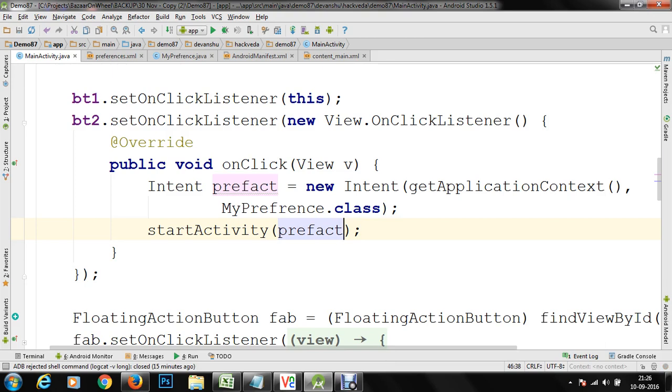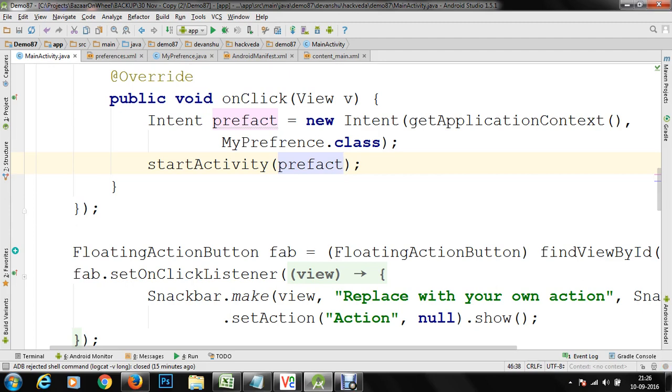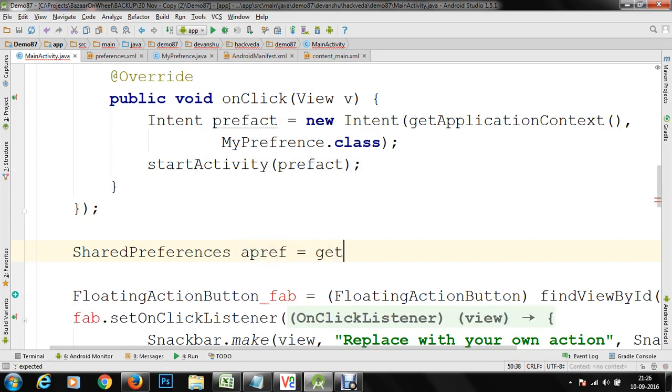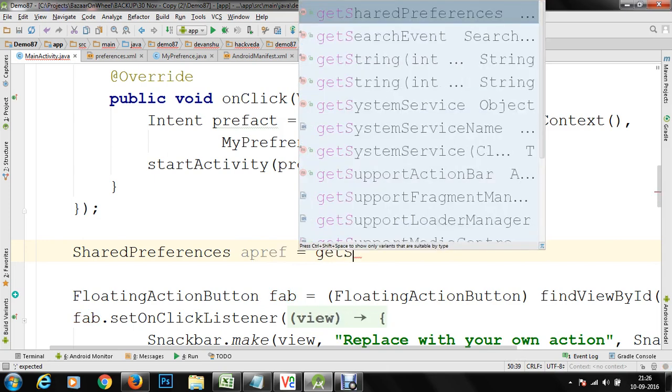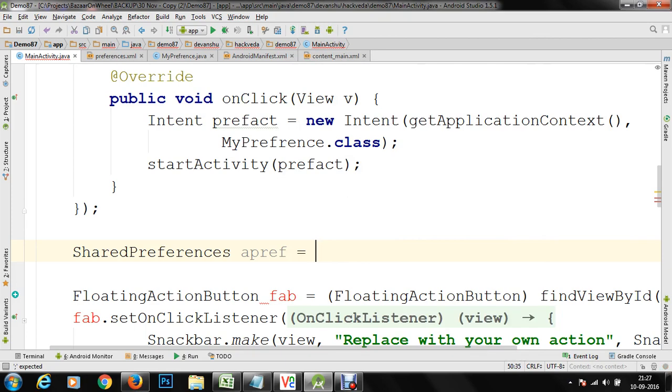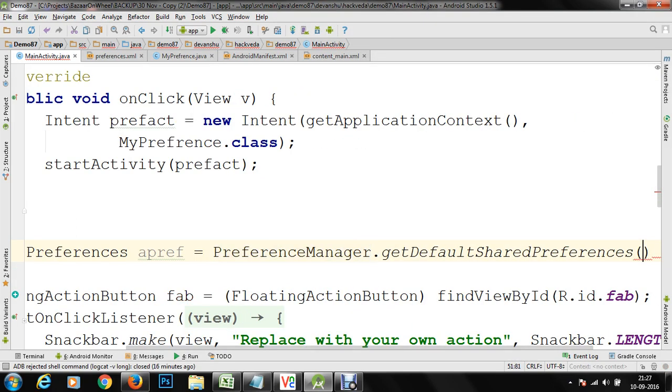The stored preferences I will get with the key and value, and I'm going to store that here. So I'm going to refer to my shared preferences and call this apref, and you can get the default shared preferences with PreferenceManager.getDefaultSharedPreferences.